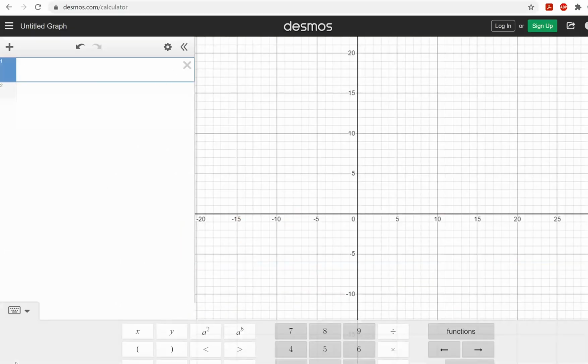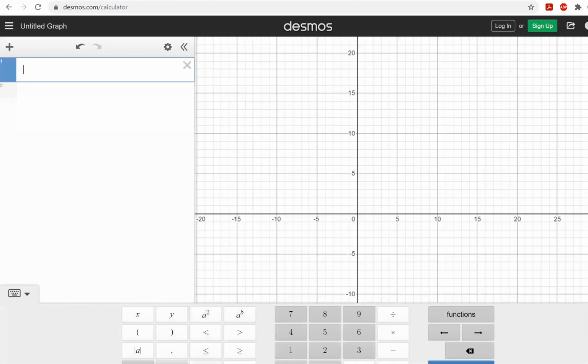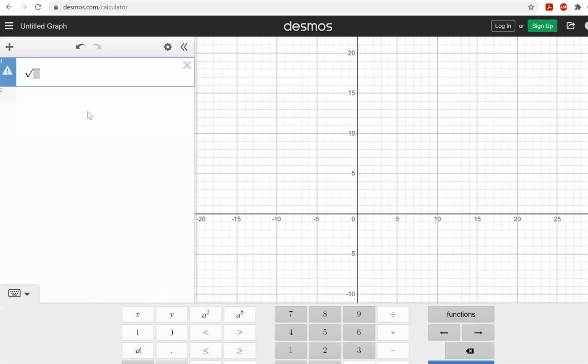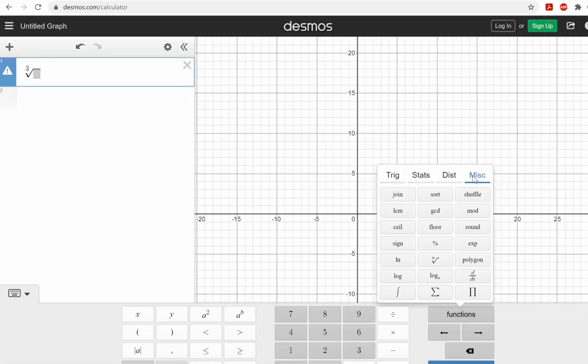So cube root, I can grab from my calculator here. There's a square root. There should also be a cube root, or you can do the n root, type in the 3. So sorry, I did that fast. To get the cube root or any level root, if you open up the keyboard within Desmos and go to functions, and then it's over in miscellaneous, you'll see this n root. And then when you select that, you'll be able to edit up there. When you choose the square root, it won't let you edit in that region there, so you need to grab that n root. Okay, of x squared minus